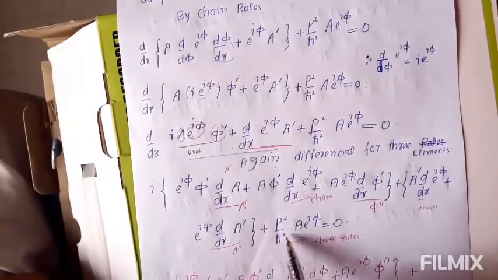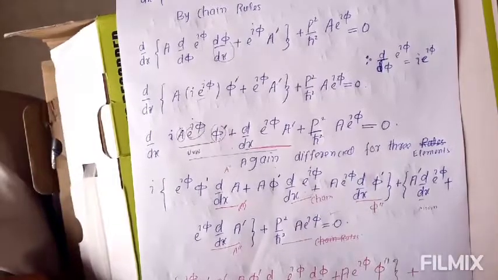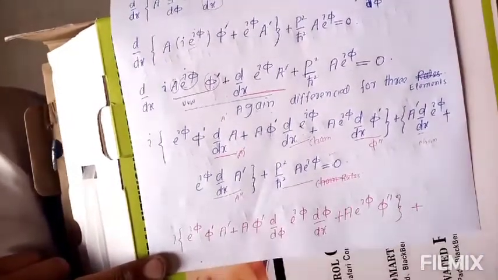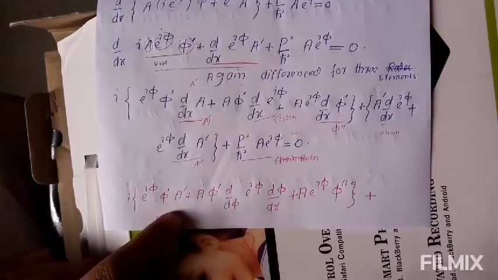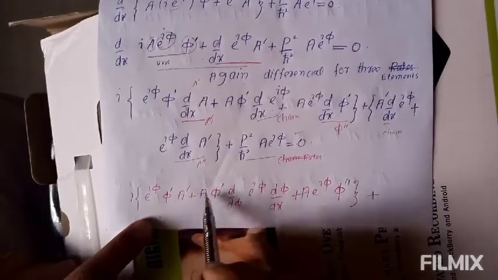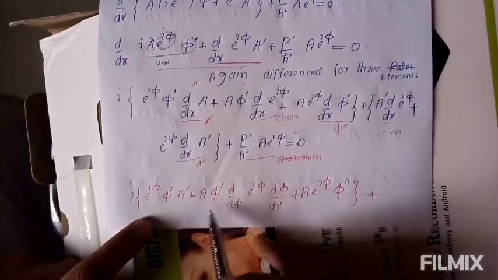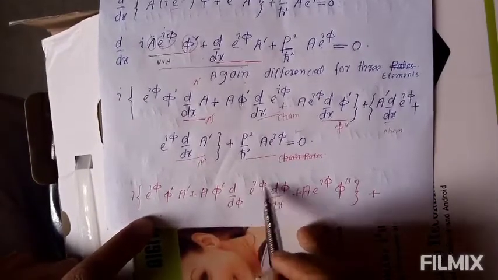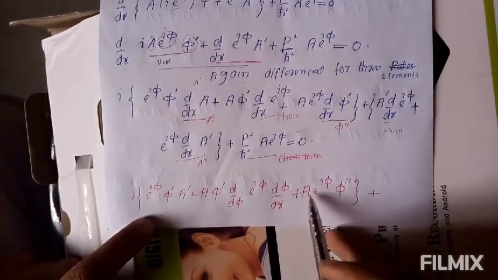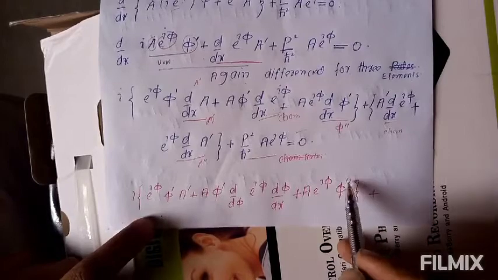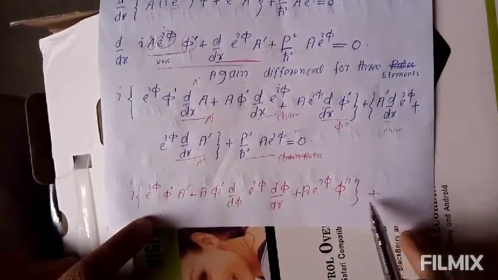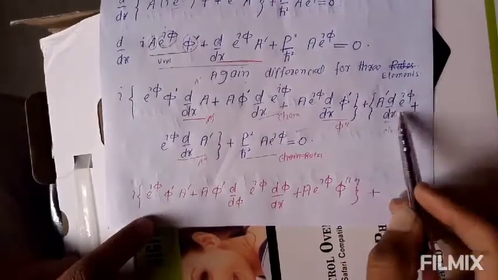Okay, and in this there will be no change. So it will become iota into iota phi dash, e power iota phi. So it will become iota into e power iota phi dash a dash plus a phi dash d divided by d phi of e power iota phi, d phi divided by dx, plus a e power iota phi phi double dash. So I already said that phi dash will become phi double dash, and plus will be, so further